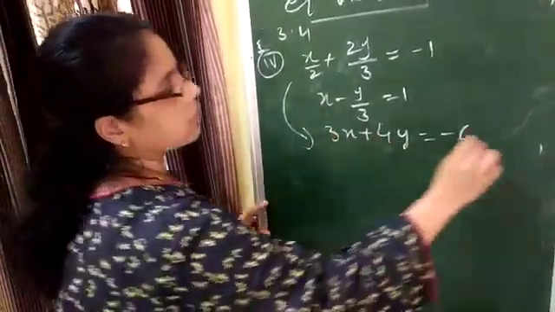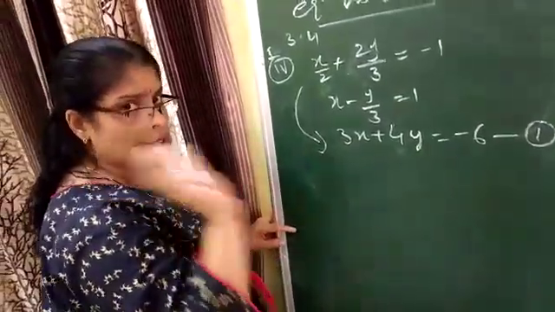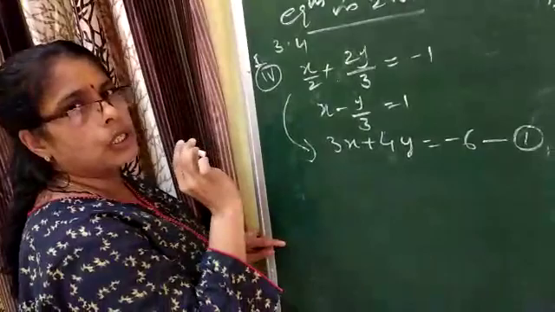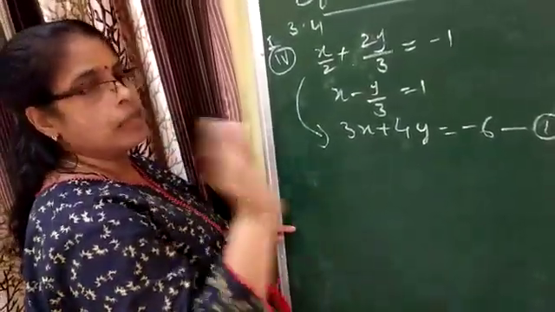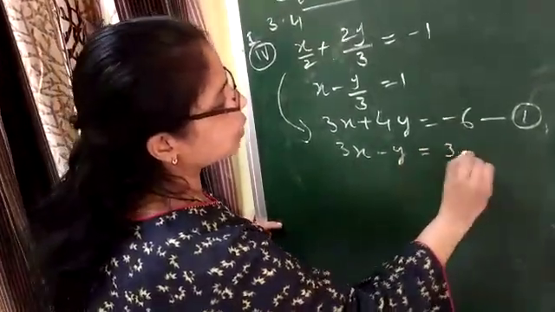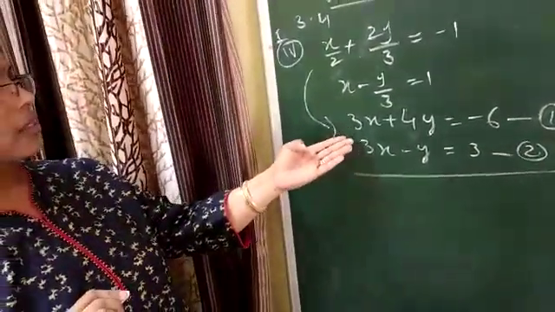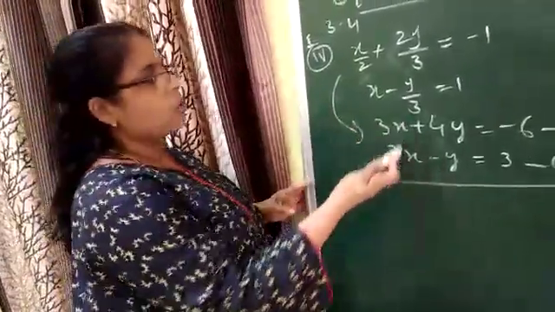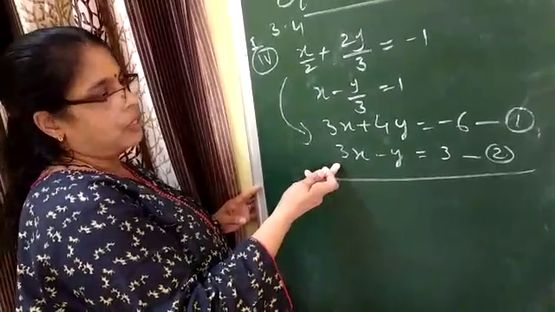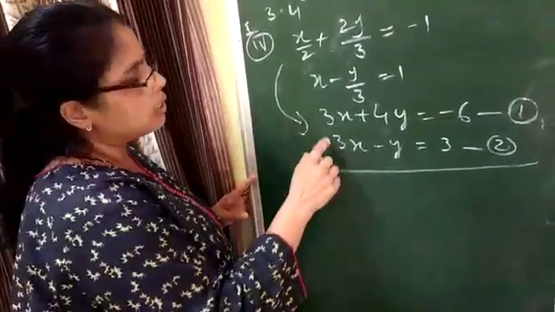Now in the second equation, after converting into a particular form, the very first step is naming the equation. If you name the equation, you will not make any mistake. Next one is 3x minus y is equal to 3, equation 2. Now see, by luck, you have got the coefficients of x the same, that is 3, 3. Now that headache is over. Now what is the next headache? You have to see the sign.